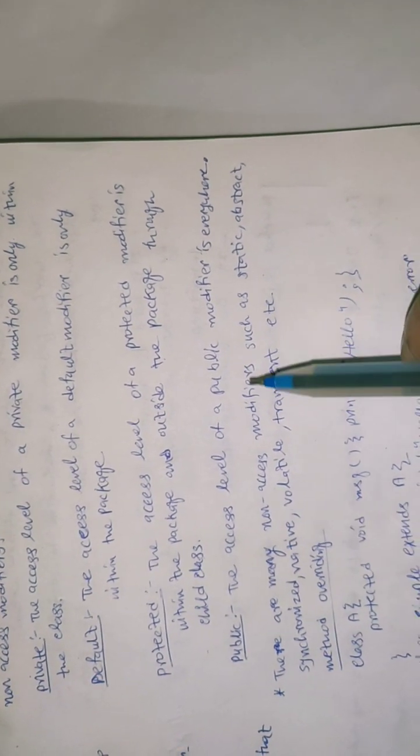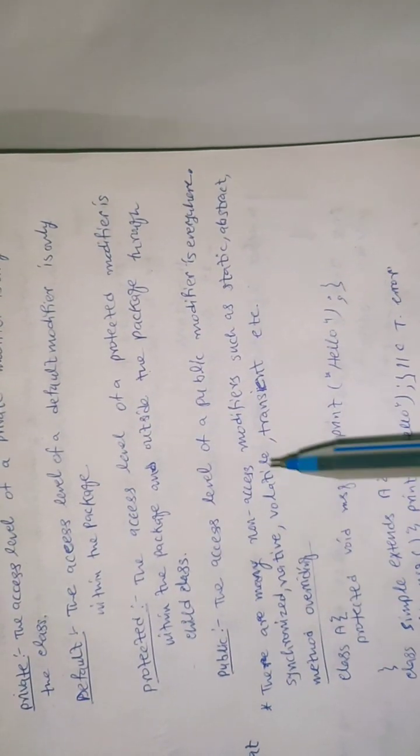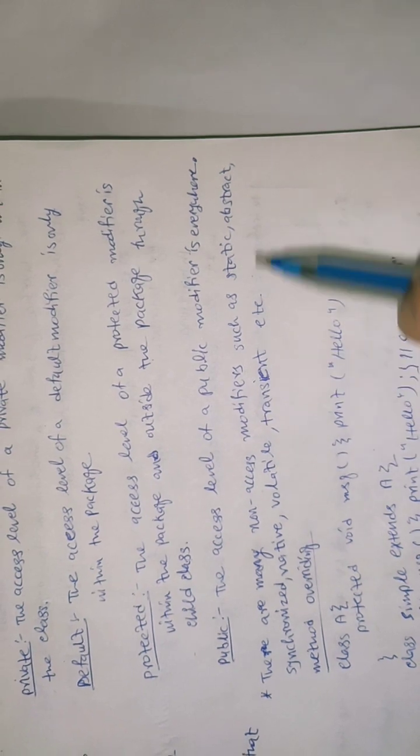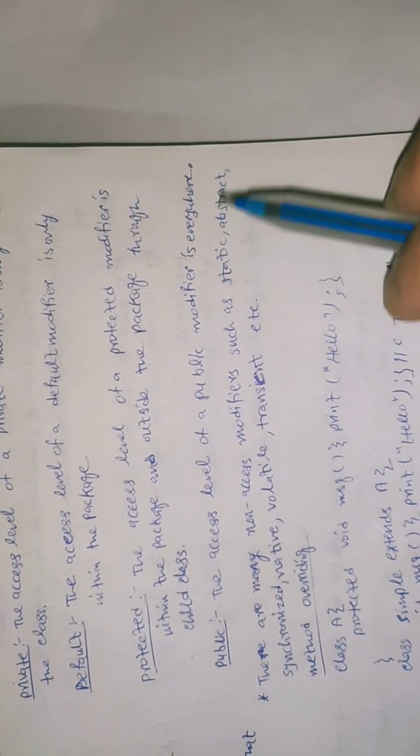There are many non-access modifiers. We discussed access modifiers, and the non-access modifiers are such as static, abstract, synchronized, native, volatile, transient. Static means, as we have discussed previously, it is class level. Abstract means this is